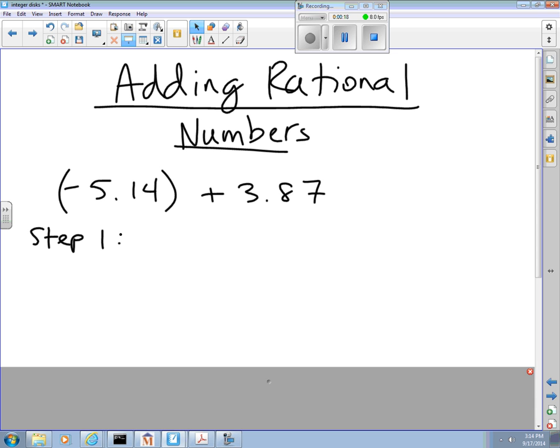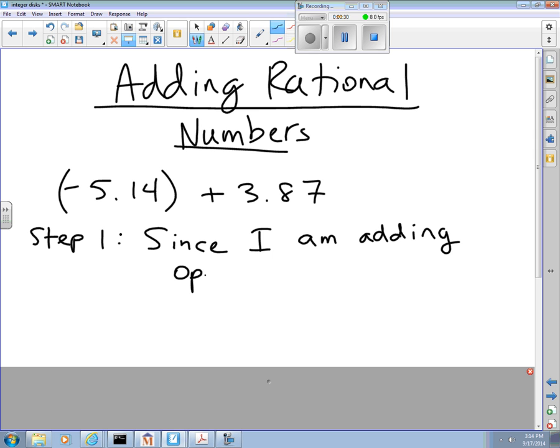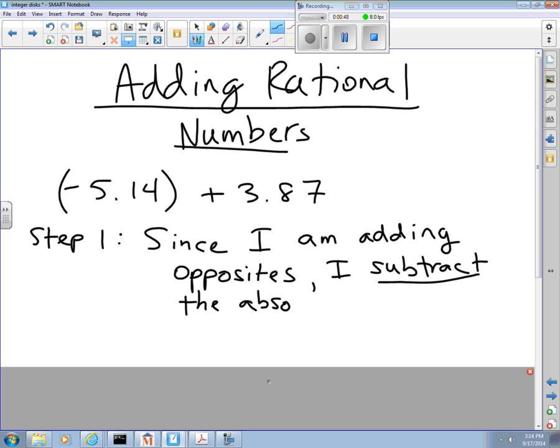Step 1. I recognize, since I am adding opposites, a positive to a negative being opposites, since I'm adding opposites, I subtract the absolute values,